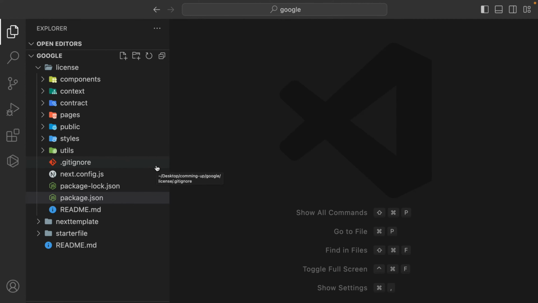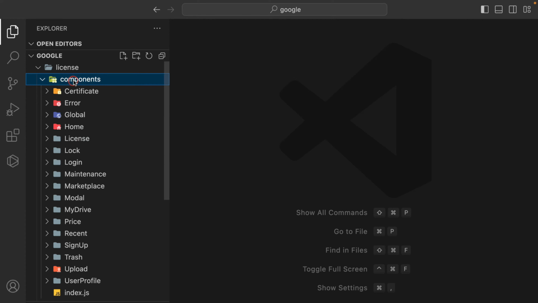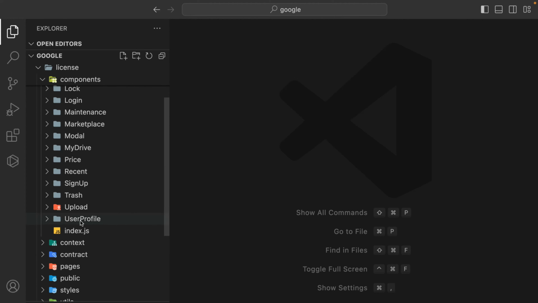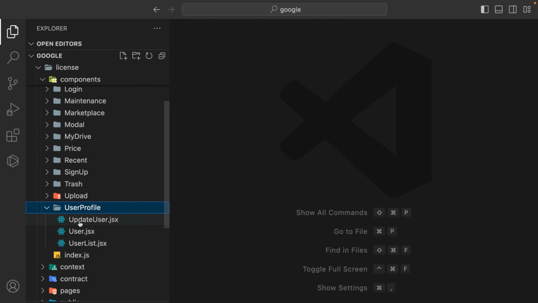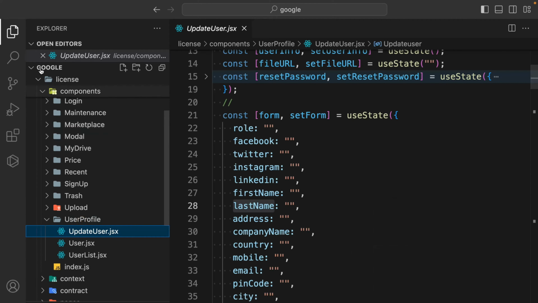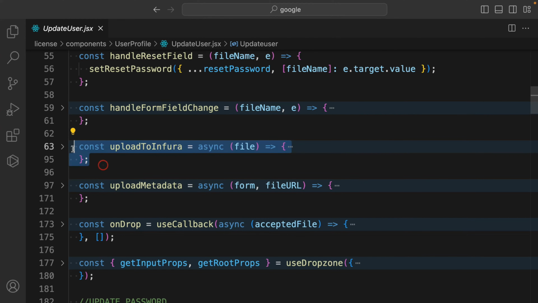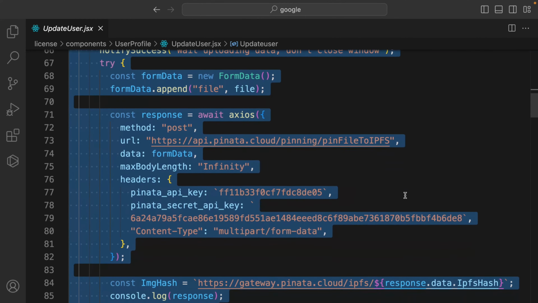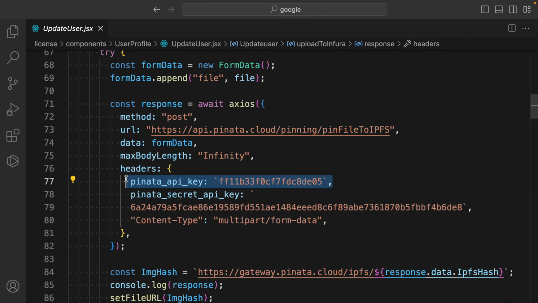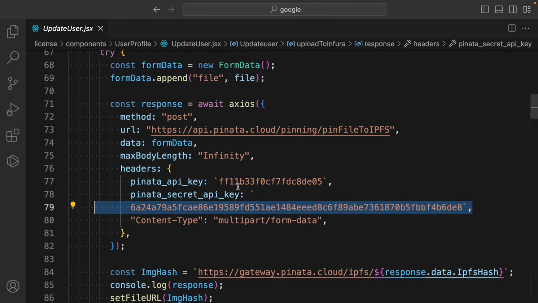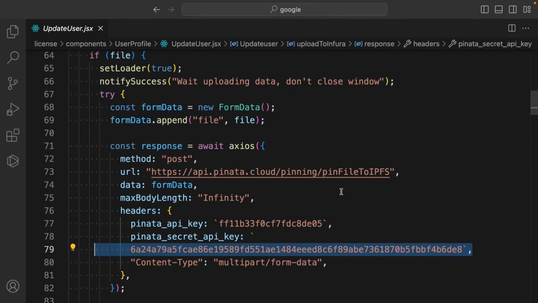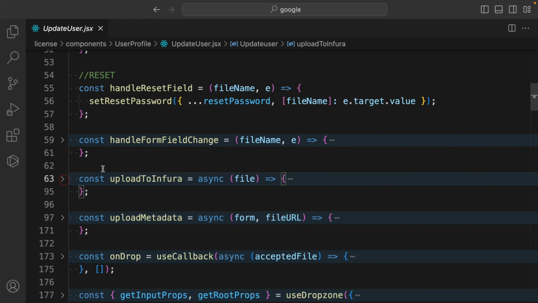Now the second thing you have to do is get your own API key and secret key. So if I come back here in the components, inside the components, if I take you to the user profile, you will see that here we have this update user. In that, we have this functionality. So we have this data, and here we have this particular function called upload to Infura. And inside that, you have to provide your Pinata API key and Pinata secret key. These are the two keys you have to generate, which I will show you how to generate. So you have to replace them here,